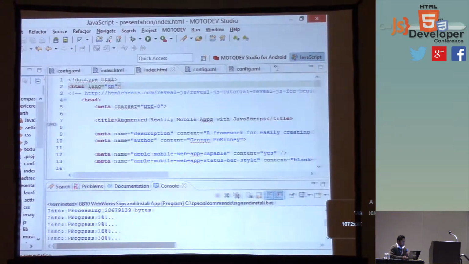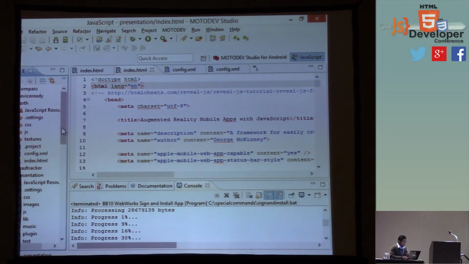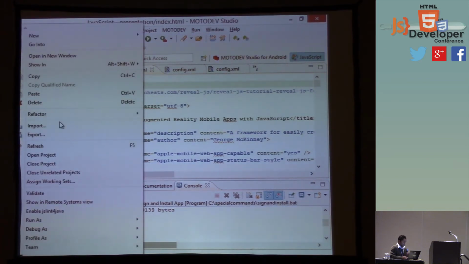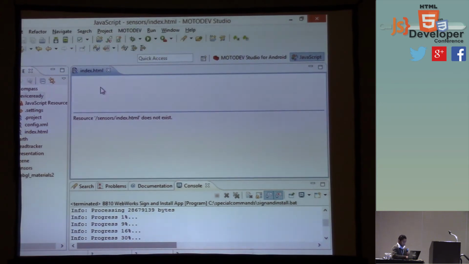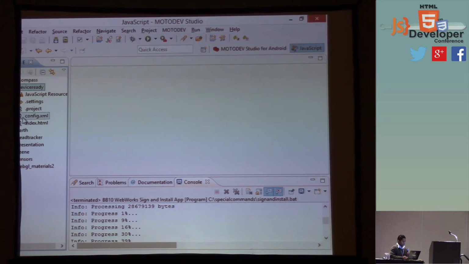All right. So a simple application, let me just open up this one and close the rest.